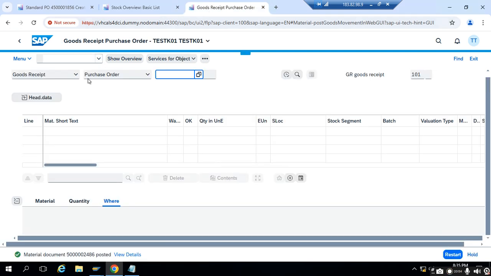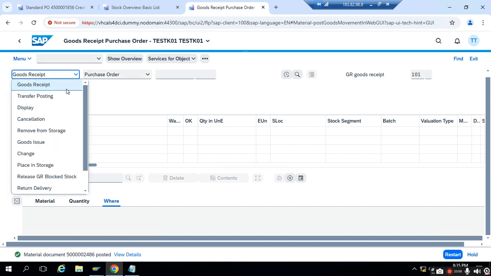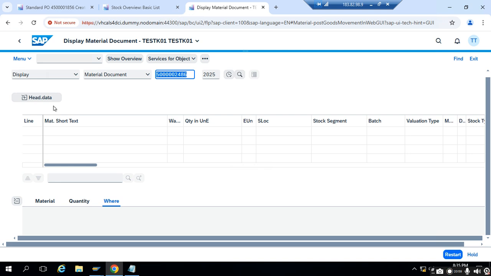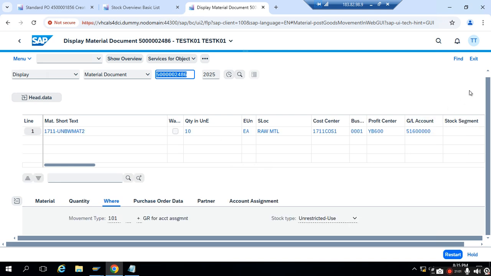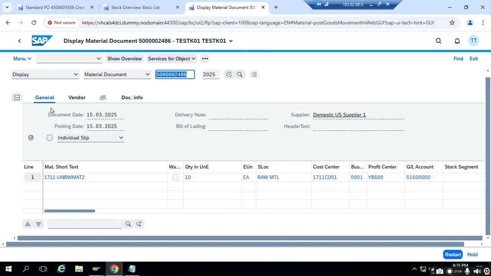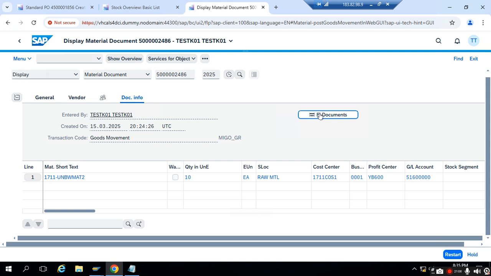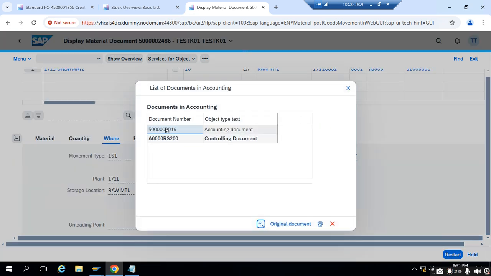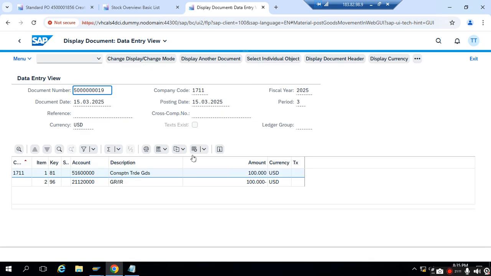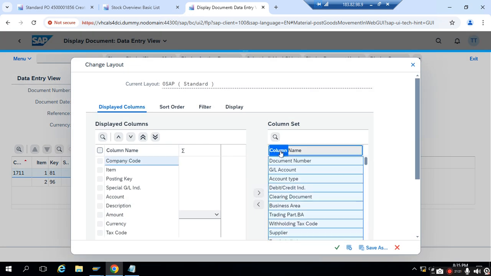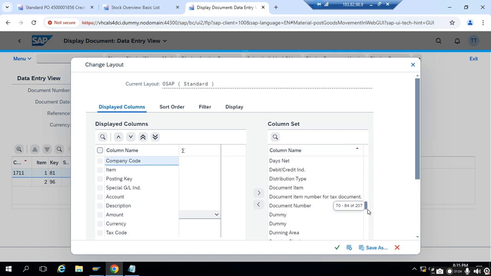Now if we go back to this post goods movement screen, we'll open this material document, press enter, go to header data, document info tab, click on FI document. From here we can see the accounting document. So here it is showing accounting entries. So if we go to change layout, now I want to see the transaction key. So for this, if you search the transaction field from here,